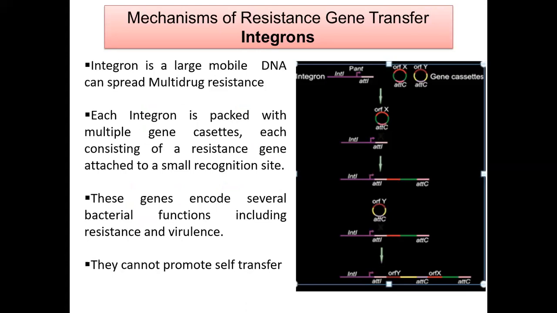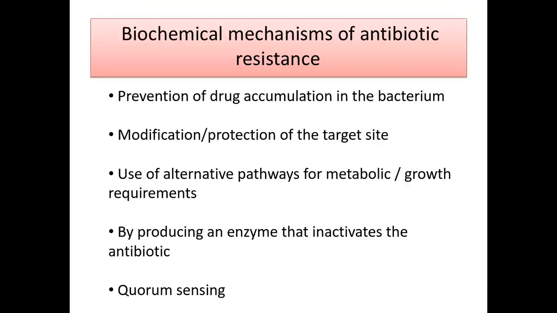Okay. So what is the mechanism of resistance gene transfer, integrons? If we talk about the mechanism, here you can see the integron is the part, right? It's the mobile DNA and it has the multi-drug resistance genes, right? And it cannot transfer on its own, right? They cannot self-transfer. They need the help of the plasmids, right? So each integron